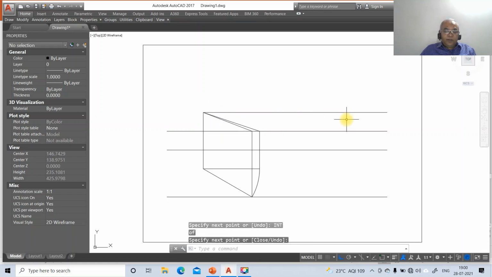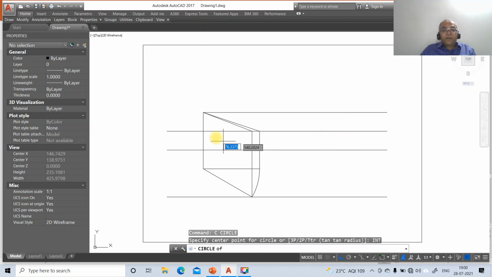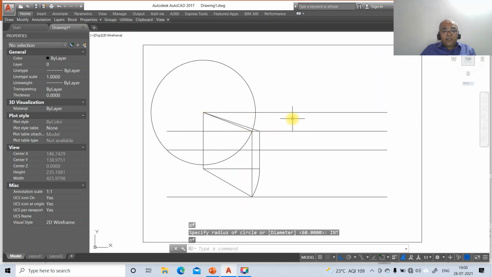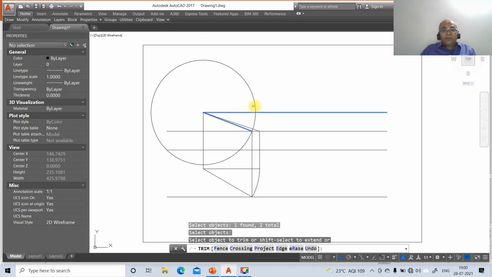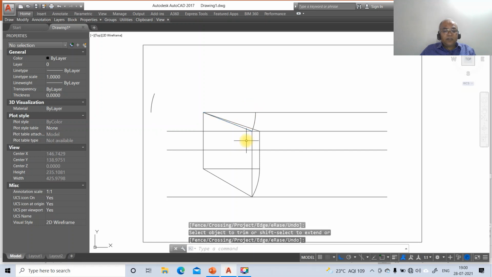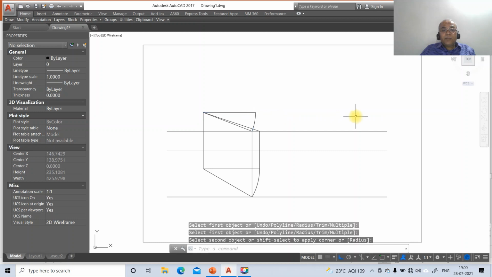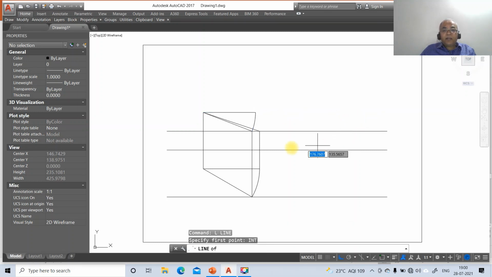Now we got the front view true length, and similarly you go to intersection point of this and take the top view now. So take this and go to trim, select between this line and this line. So you just trim this portion and then go to erase this arc, then go to fillet between these two, then go to line. So you make it parallel now. Go to intersection point, take perpendicular to this and take INT of this.